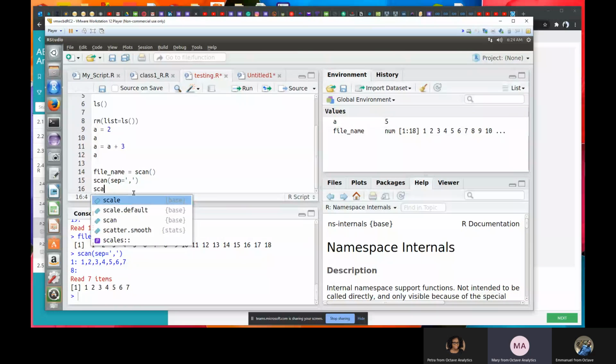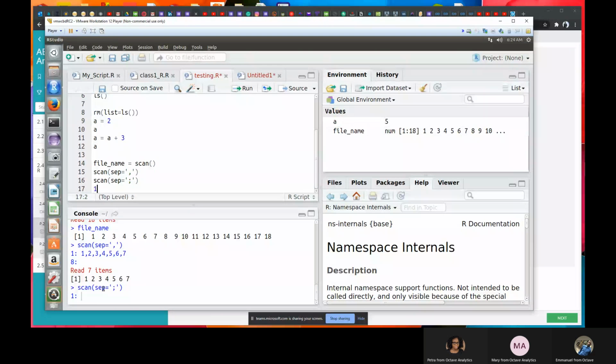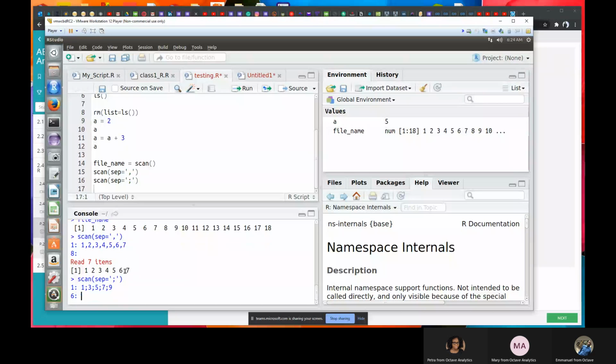I can separate by any kind of separator. I can say, okay, I don't want to separate by a comma, I want to separate by a semicolon. So let's see what happens. I put 1, 3, 5, 7, 9. It asks if I want to enter the 6th item.